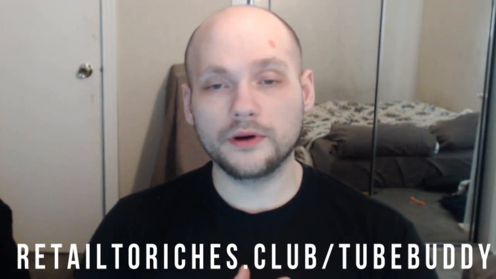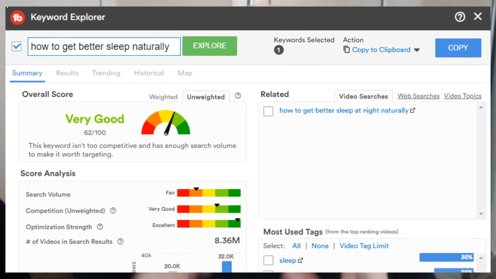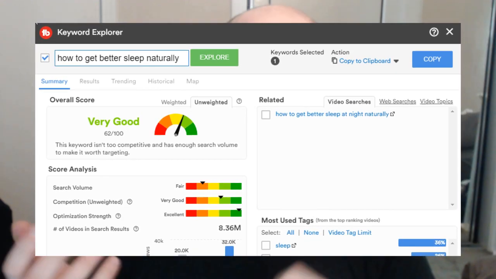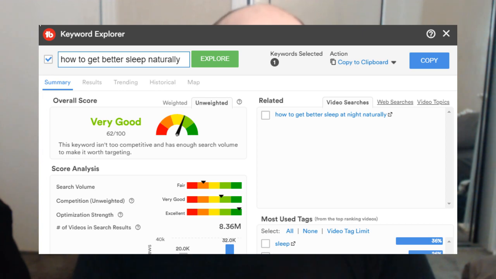You're going to open the Keyword Explorer tool in TubeBuddy. You're going to begin entering keywords and basically evaluate them. TubeBuddy is going to give you a rating of 0 to 100 for every keyword you enter. That rating is basically the average of how competitive that search term is, so how many videos use that search term, how many videos rank for it, how many videos with a lot of views rank for it, averaged with the amount of traffic that search term gets. What I want you to target is terms that get a rating of 60, which is good, to 100, which is excellent, you should have gotten it yesterday.